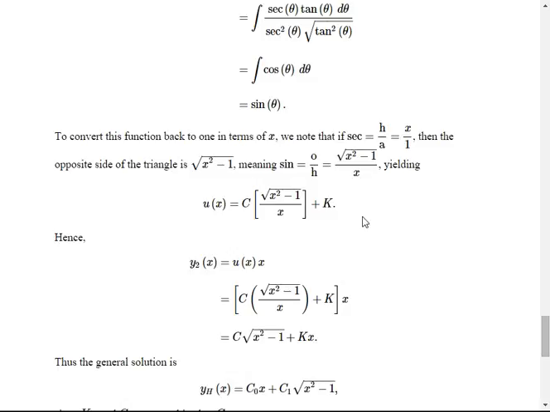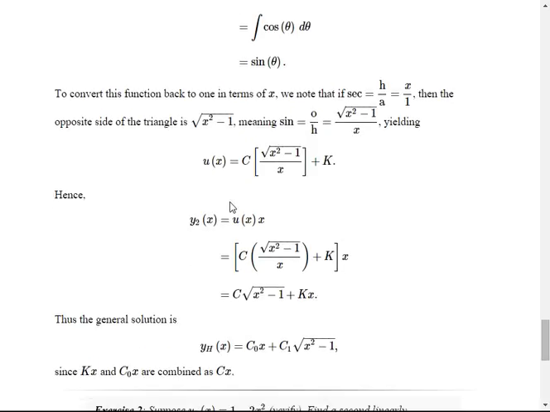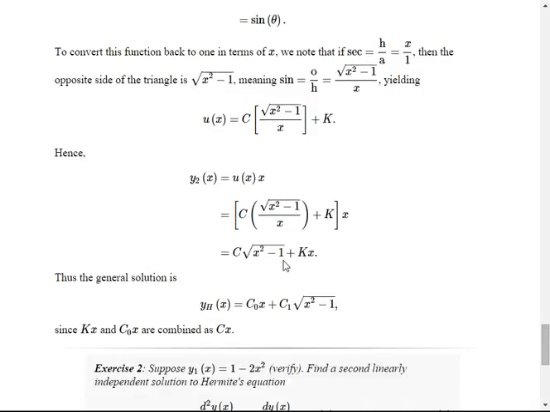with these two constants. So since we know what our function u of x is, we recall that y2 of x is equal to u of x times y1 of x, which was just x, and we know y1 is a solution. We multiply x times u of x, and we obtain this term. So the general solution, or the homogeneous solution to this differential equation, is as I've written it here, because k times x,